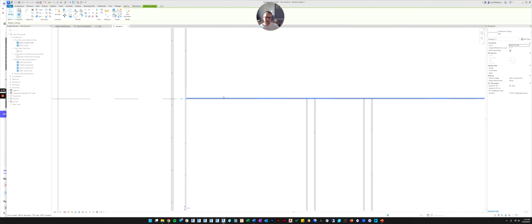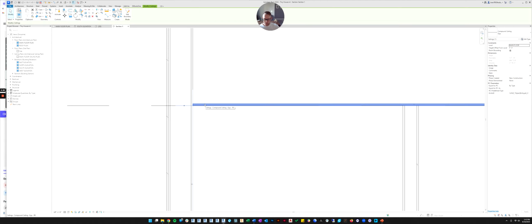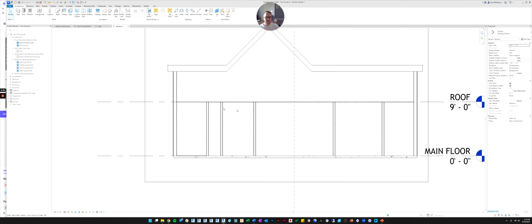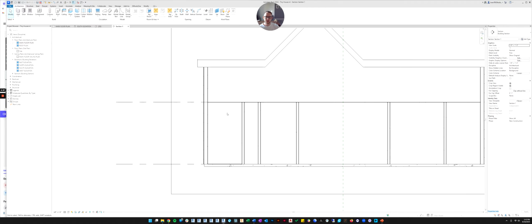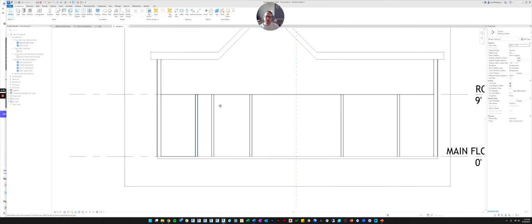But that's a little confusing. So the other thing you could do is you could host it to the roof level, and you could give it a negative 1/2 inch offset. That would also put it in the right spot. Or if you undo that, you could also just pick it and use the move tool, and you can move it 1/2 inch down. So there's lots of ways to get it in the right spot. You can pick whatever way you think you like the most, but that will all accomplish the same thing. It's really just a matter of opinion.